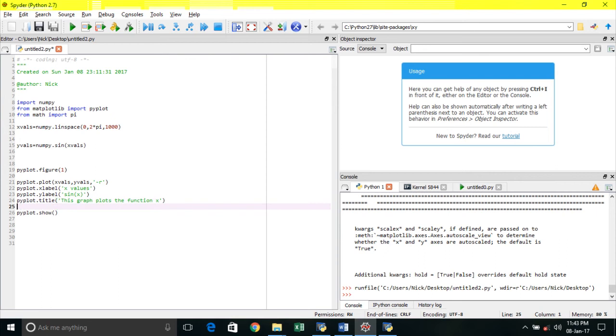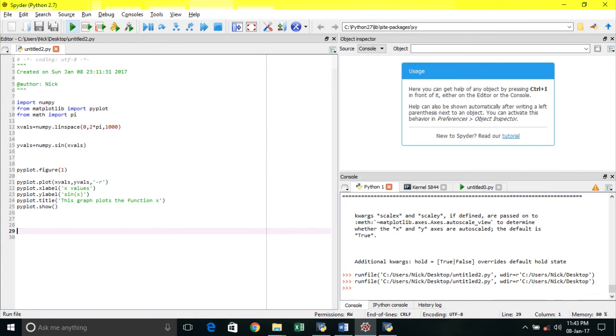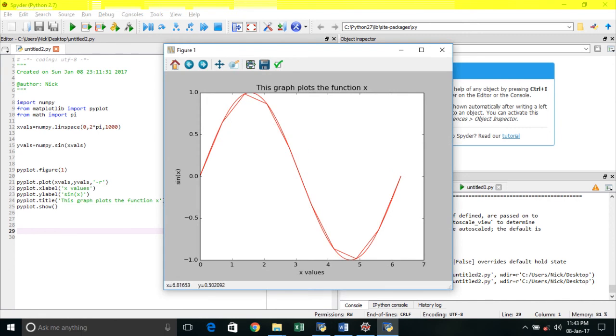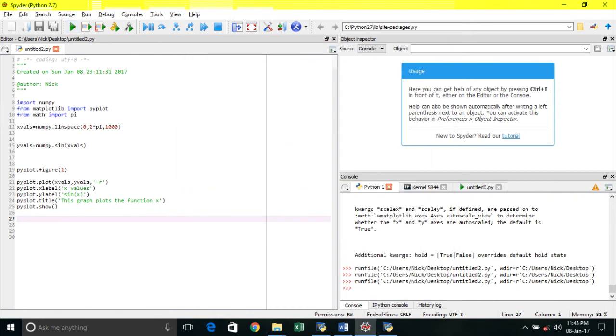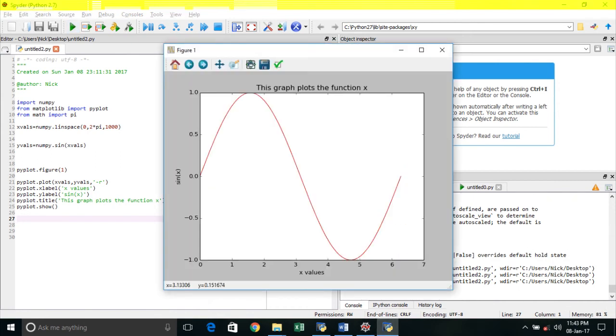Okay, let's try to run it again. Okay, let's just first close this first. If we run it, we see now we have our y label and we also have our x values, but not only that, we also have a title for our graph. So in short, this is how we do plotting inside of Python. We're using two modules, the NumPy module to store the data. We're creating the x values, then our y values. We can even plot